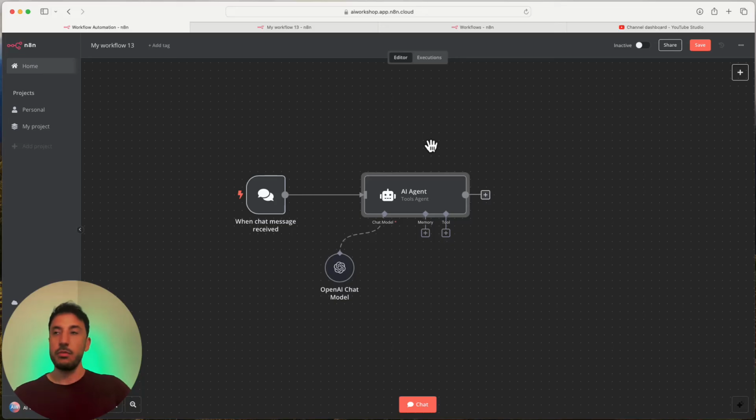Okay, so when it comes to AI agents in N8N, by far the most useful N8N AI agent is the tools agent. And again, this is also an instance of LangChain, but this is going to be the most useful and the go-to agent for most workflows because it can interact with external tools, it can interact with APIs to perform different actions, retrieve different information, and really handle any task you throw at it.